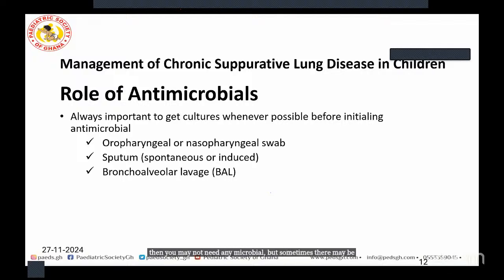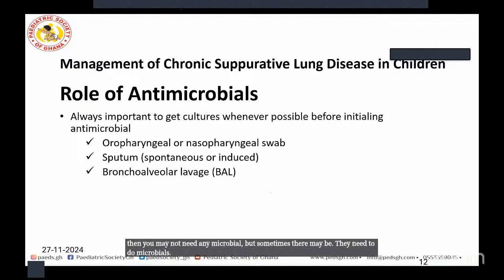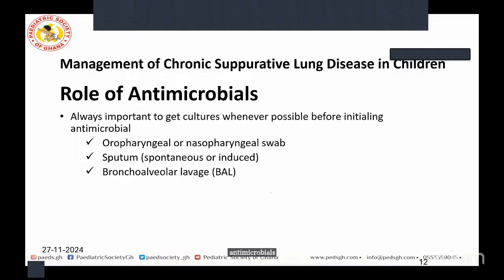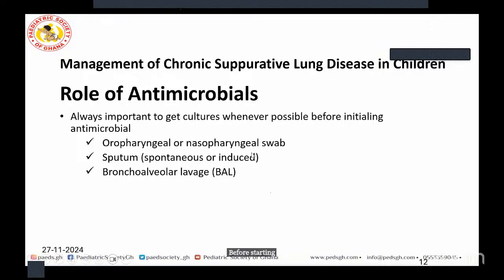Ideally, you want to do a sputum culture before starting any antimicrobials. In some places, you can just do a nasopharyngeal swab to do a culture, or if the child can spontaneously bring out sputum, or in places that they can do induced sputum, then the advanced form would be the bronchoalveolar lavage